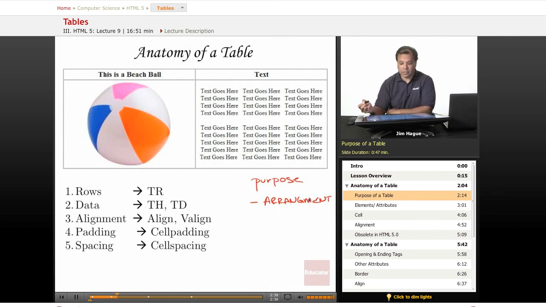Everything has its place. In this case, you have an image here of a beach ball to the left. You have the verbiage here to the right. And then on top of each element, you have the